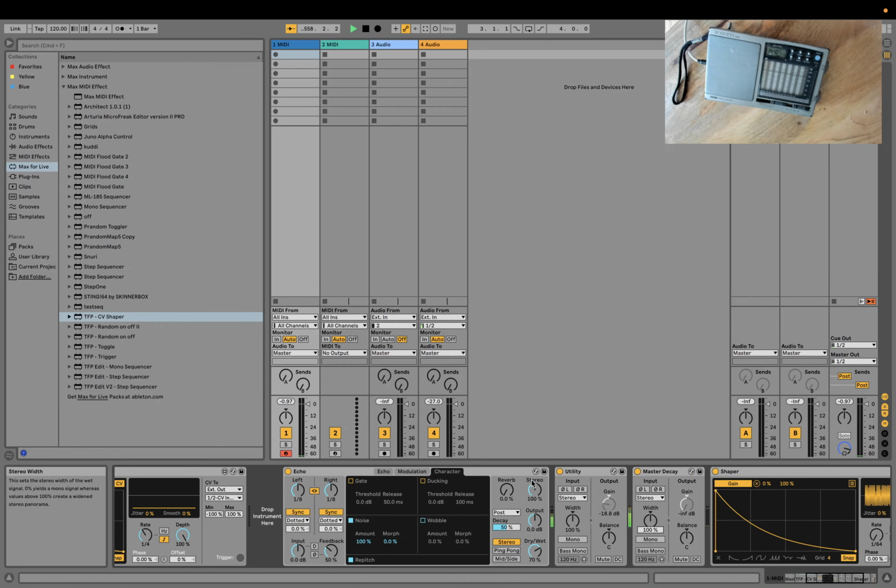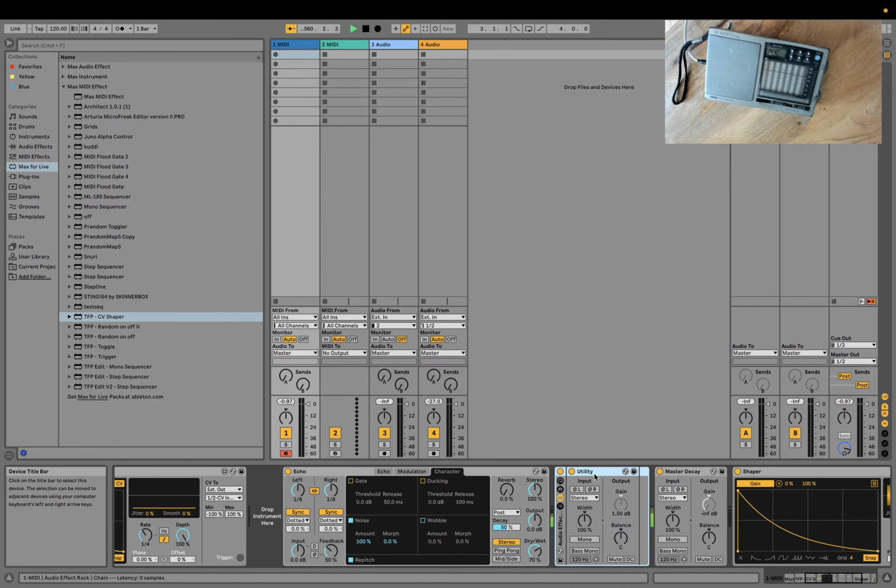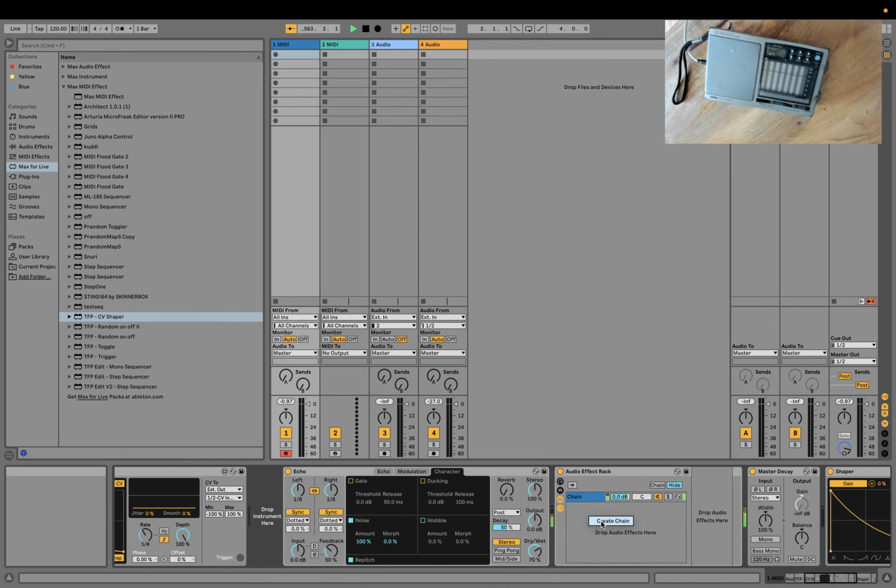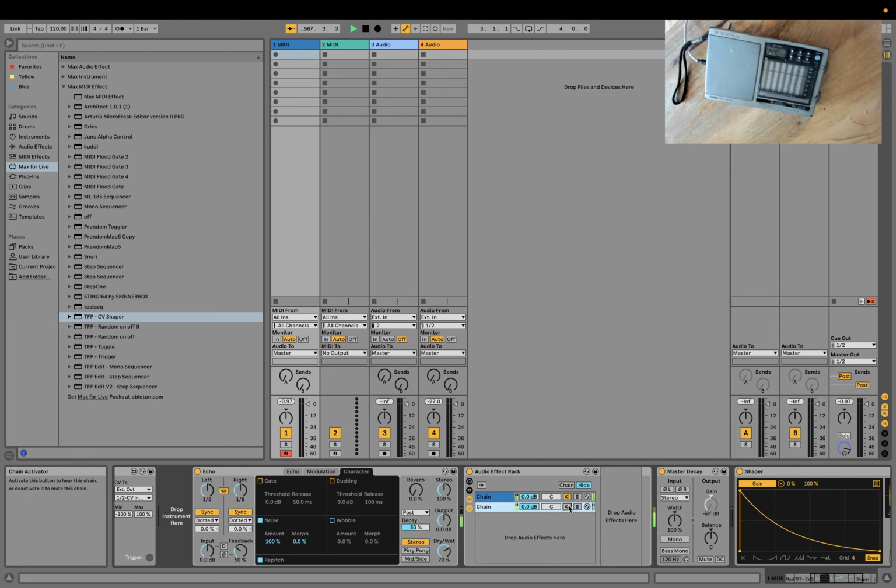So what we're going to need to do now is, let's put these into a group. That one, which is the one with the looping delay, we're going to have another channel in this audio rack. So if we turn that off, now we just have that one. If we just run that one,